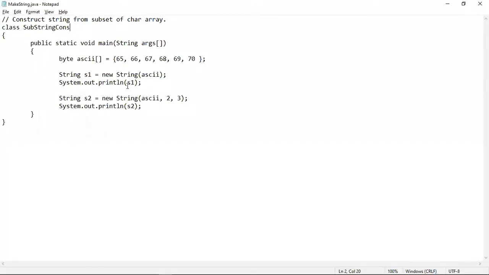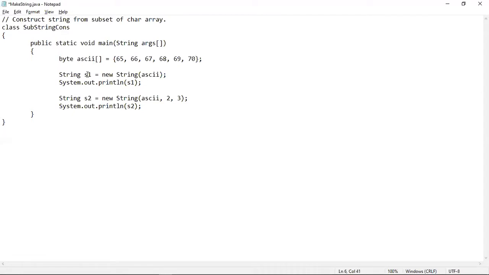This is the program that demonstrates how you can use byte arrays in case of a string class constructor. This is the main class, and this is the main method. This ASCII is the array of bytes, and these are the ASCII values actually.